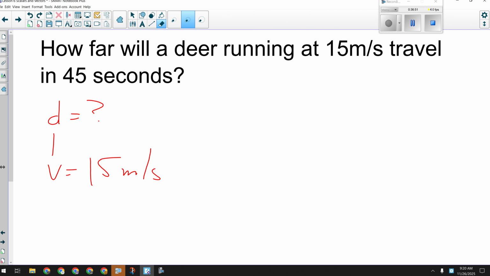And 45 seconds, what's that a measure of? Time. All right, so very much like a mole equation problem, any problem-solving question, the first thing we want you to do is write down your givens. All right, we're looking at units, we're looking at context, what's speed, what's distance, what's time in a question. Okay, so right now I've got V and I've got T, and the question wants me to solve for D. So probably going to be using that formula,